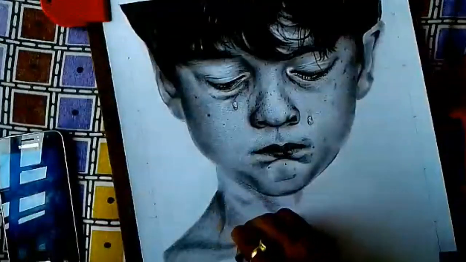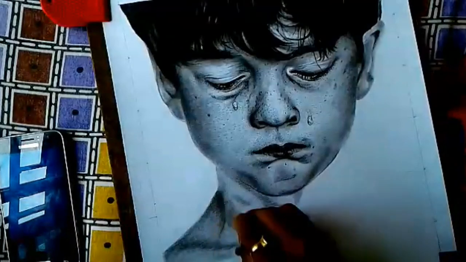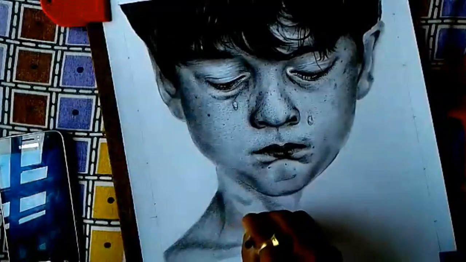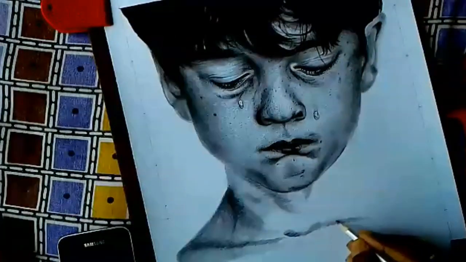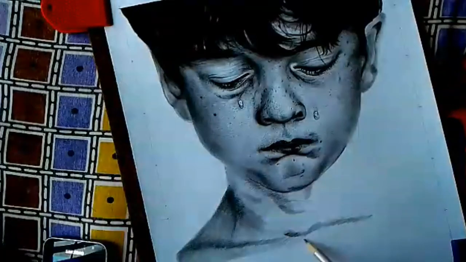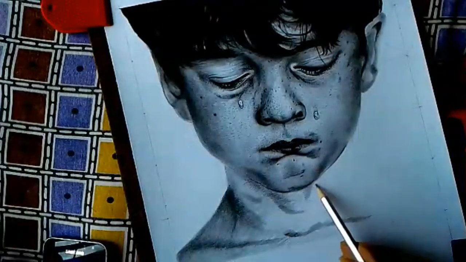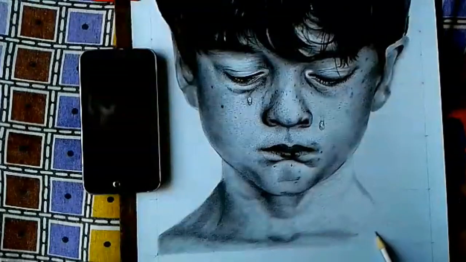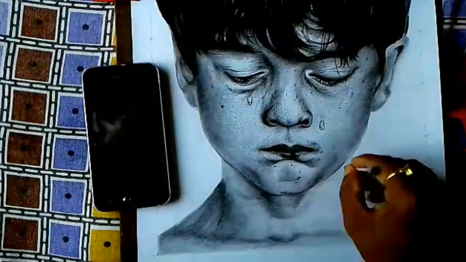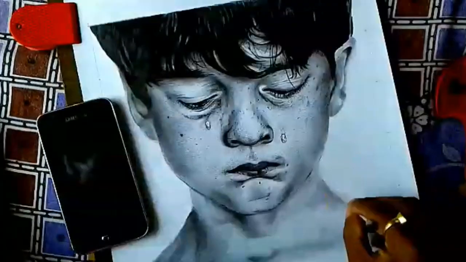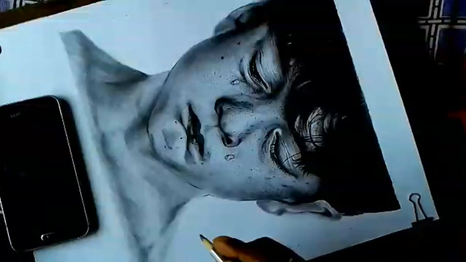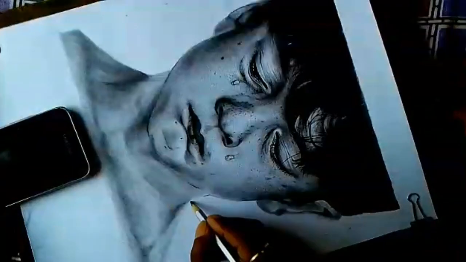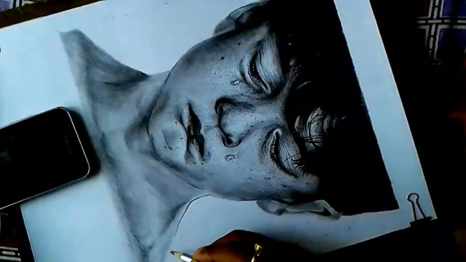Now in this section mainly you need to be very careful on the other side of the reference, because you need to match the areas and always try to highlight the dark areas. Do not go first for the lighted areas, mainly where the light is falling. Go for the dark areas, then try to go for the light areas.